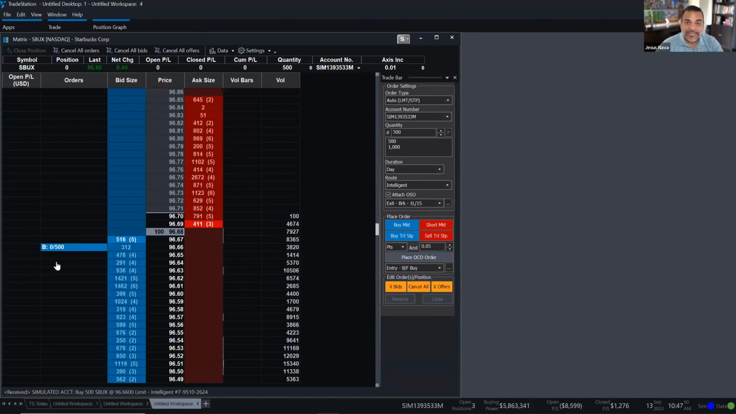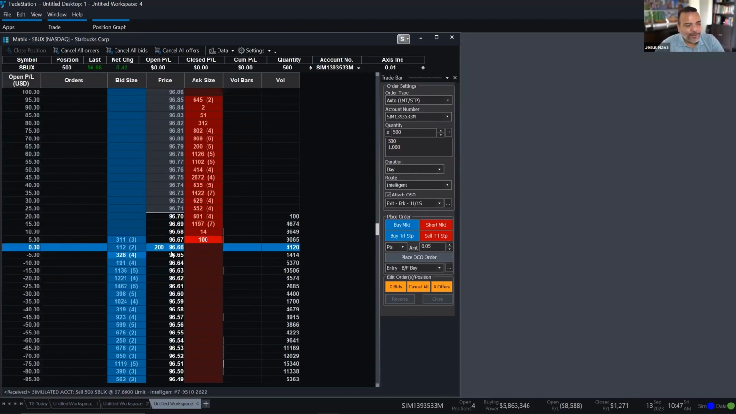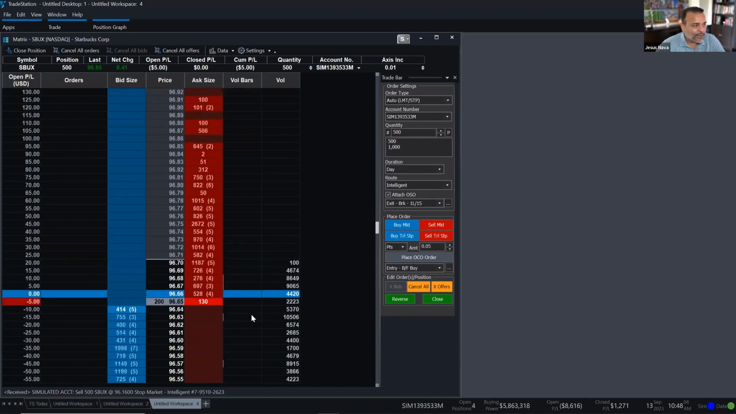There we go. I just clicked and dragged that order up to 96.66, the current price, and I just got filled. It just dropped enough for me to get filled, and I got filled at 96.66. You see that horizontal bar showing me where I entered. And if I scroll up,